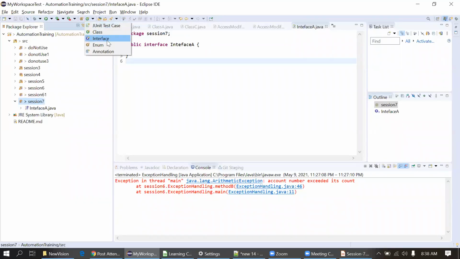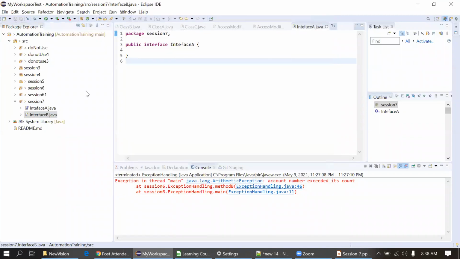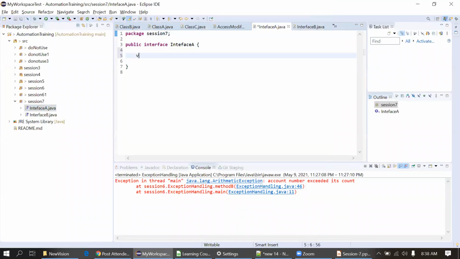Okay, so creating a new interface, Interface B. Now I'll simply declare some methods here.